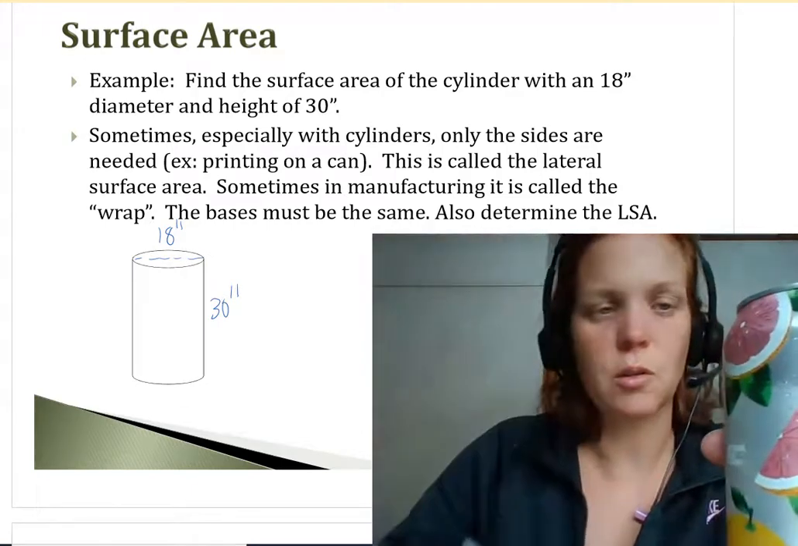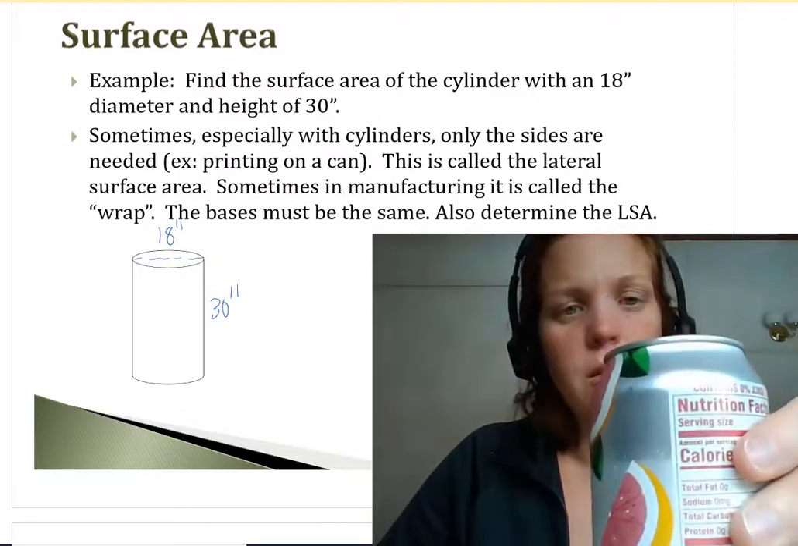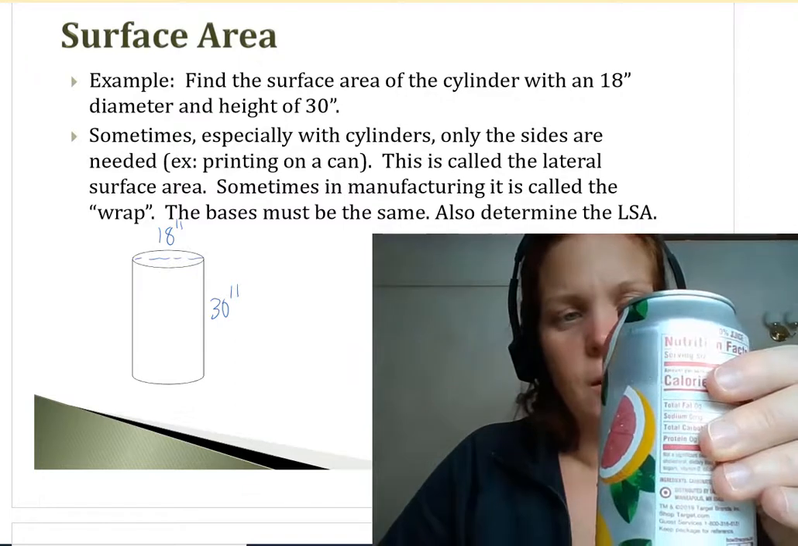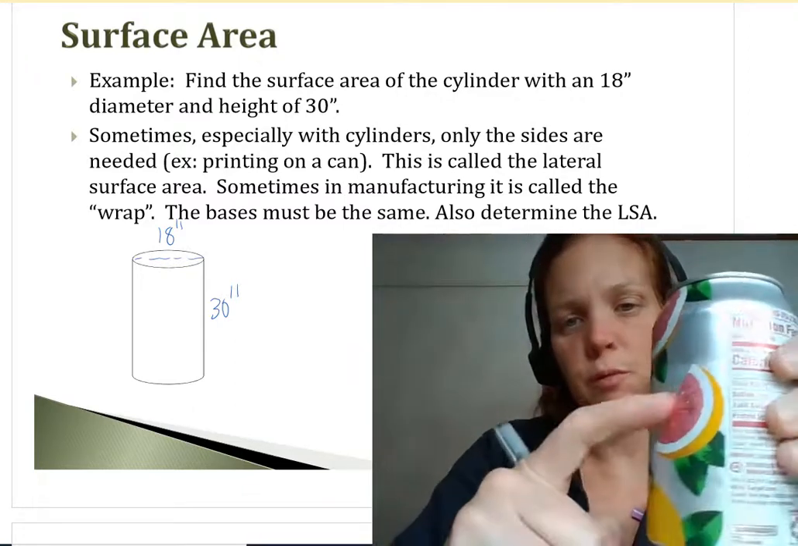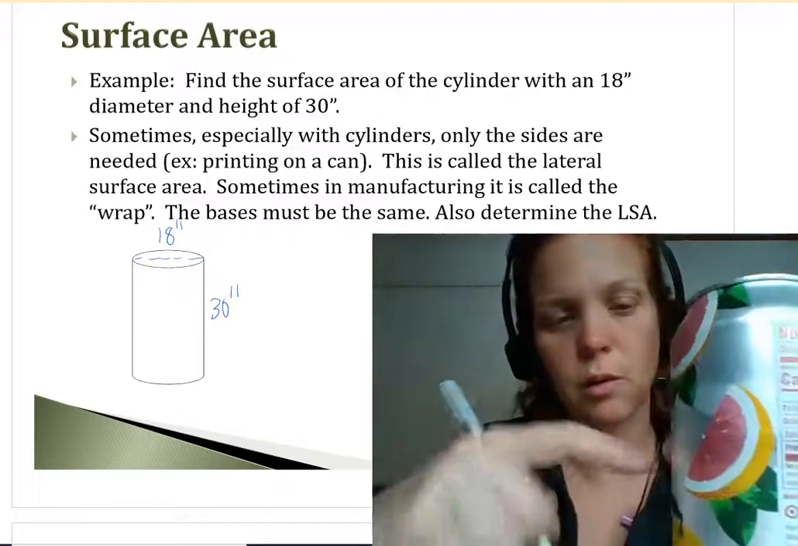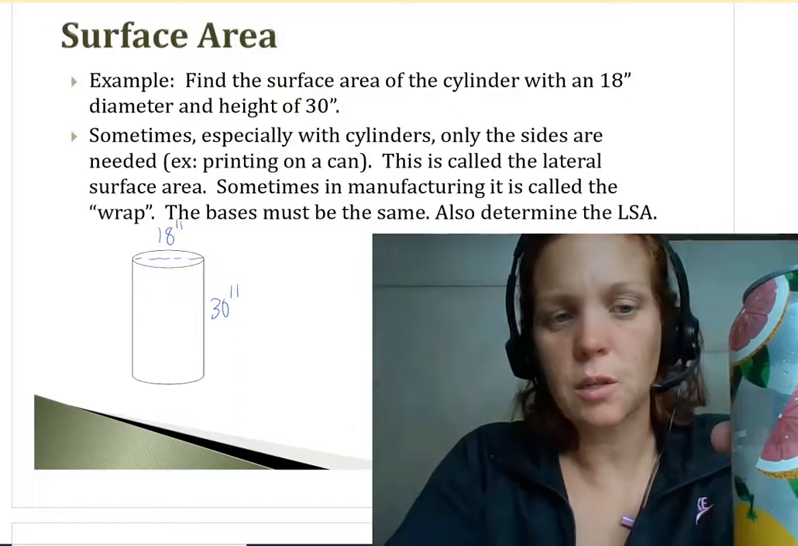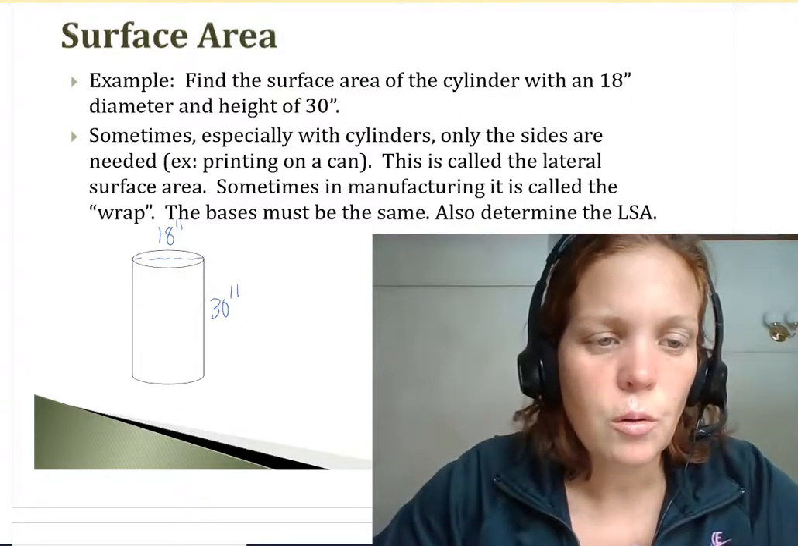And it's got some curves. It's probably a little more complicated, but to get the basic idea, we'd be doing the surface area. That's going to be all the aluminum. But let's say they just want to figure out how much printing for the side. That'd be a reason why we would need to know the lateral surface area, just the side. This is sometimes called the wrap in manufacturing. So, the side,